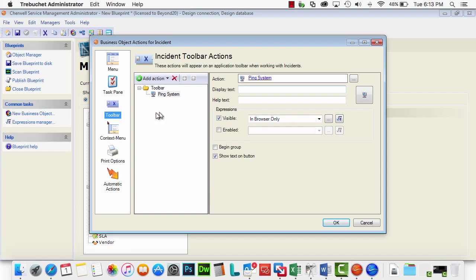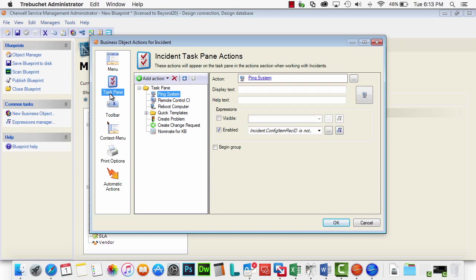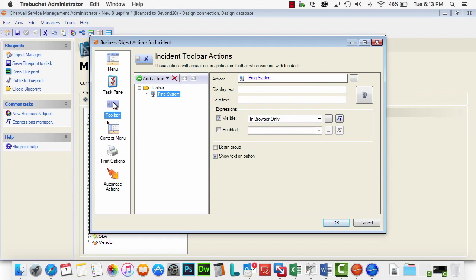So, again, you just have to recreate all the actions that you have in your task pane in a custom toolbar, and then they'll be available just as simply to your web client technicians as they are to your smart client technicians. I hope this has been helpful, and as always, please remember to subscribe to this channel, Beyond 20